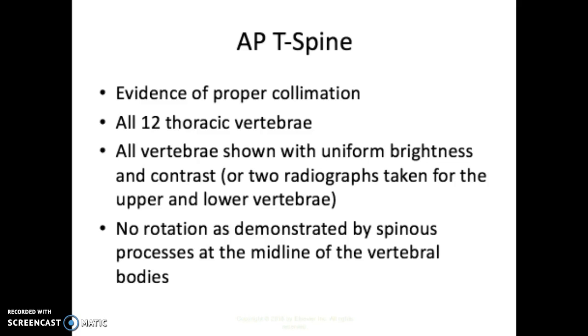All the 12 thoracic vertebrae need to be on the image. All the vertebrae shown with equal contrast and brightness. Sometimes you're going to have to take two, one for the upper and one for the lower, because of the difference in thickness. You'll have somebody with a really thick belly area but not so thick on the top, and you're going to have to maybe compensate for that. Make sure there's